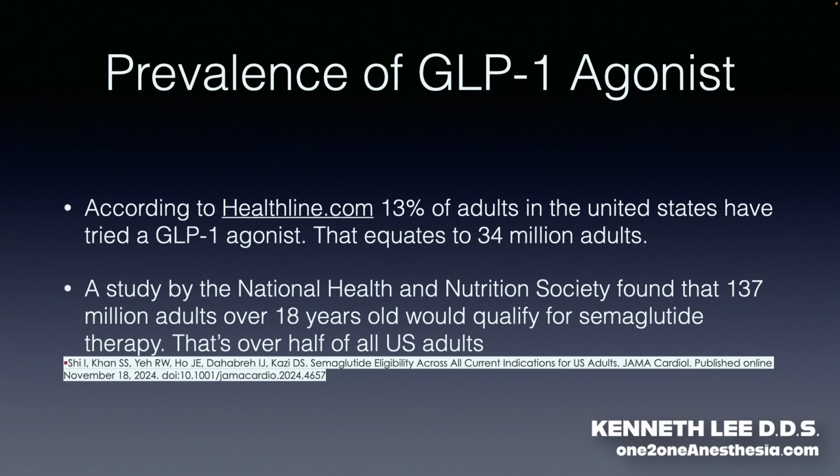So, the prevalence of GLP-1 agonists recently has just increased tremendously. According to Healthline.com, 13% of adults in the United States have tried a GLP-1 agonist. That equates to 34 million adults. A study by the National Health and Nutrition Society found that 137 million adults over 18 years old would qualify